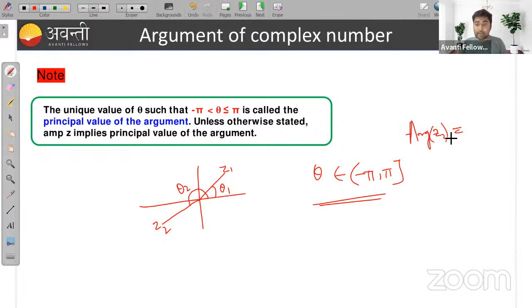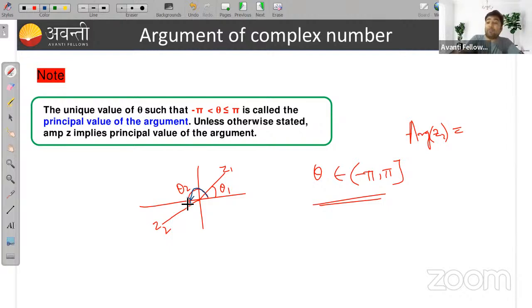You can say, what is that? The angle made by the complex number with the positive x-axis, right? So you can say, sir, this theta 2 is my argument for z2. Is it correct? Yes, it is correct. But